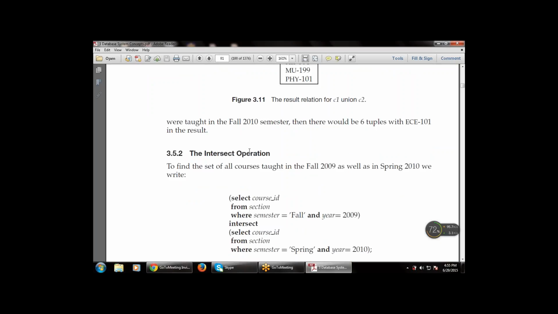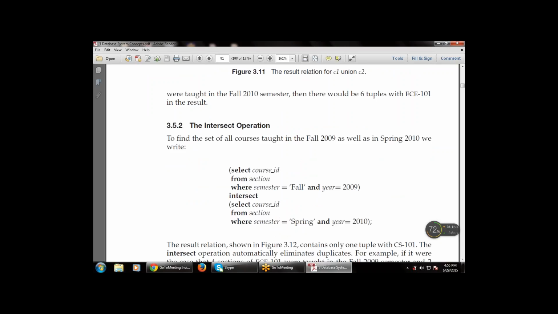Now next is the intersect operation. Intersect means comparing the two sets of values; the values that match will be displayed, and the ones that do not match won't be displayed. So to find the set of all courses that are taught in fall 2009 as well as in spring 2010,